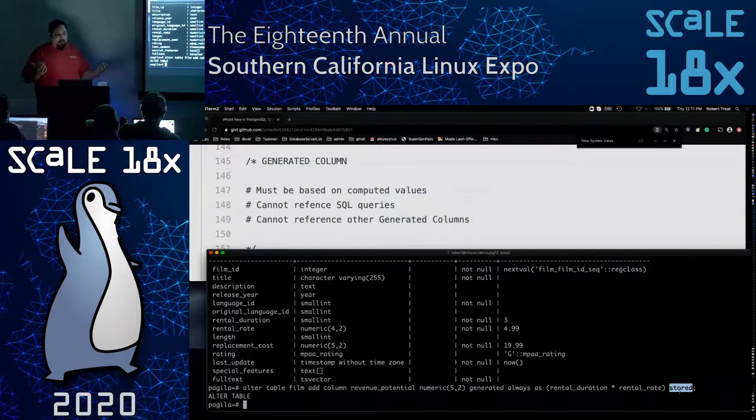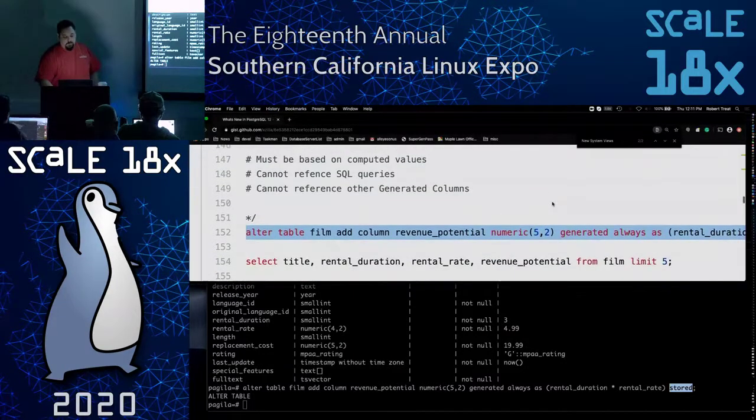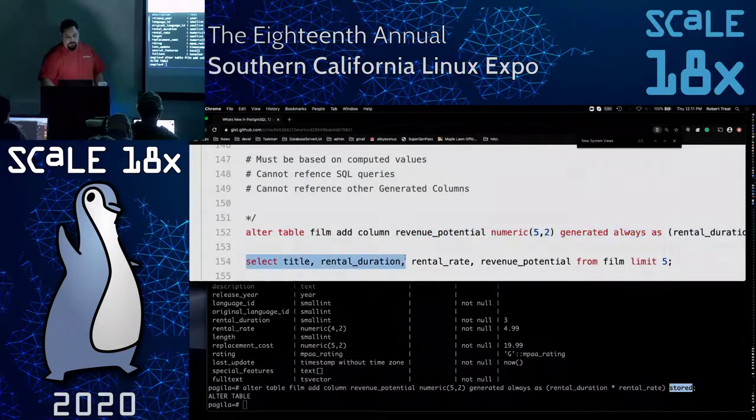Essentially, everything works as stored in the first pass. But there are some different ways that we'll be able to do this so that it can be generated on the fly instead of stored, which will come in later releases. But for the first version, pretty much you'll be doing stored stuff. And so now if I look at the table,